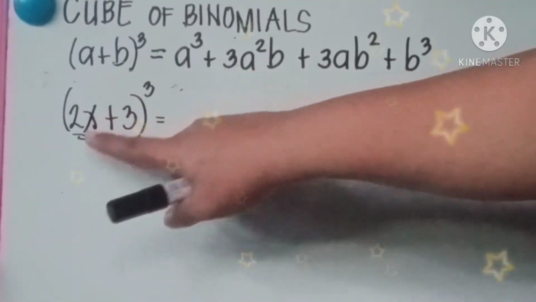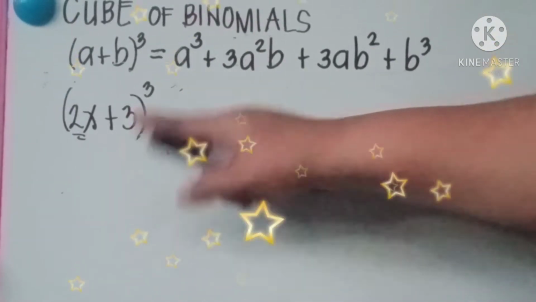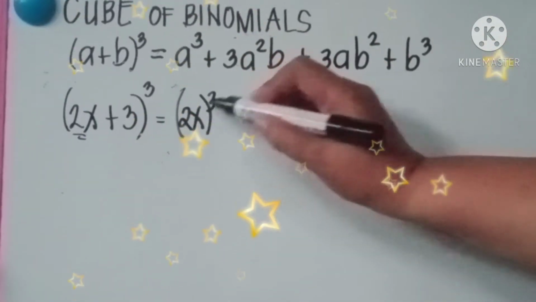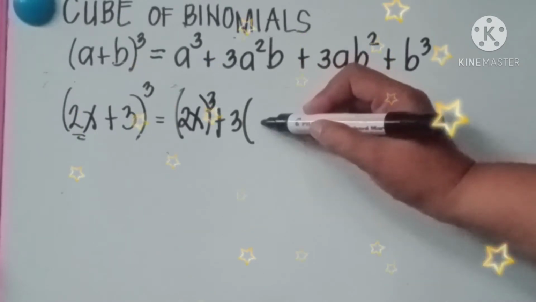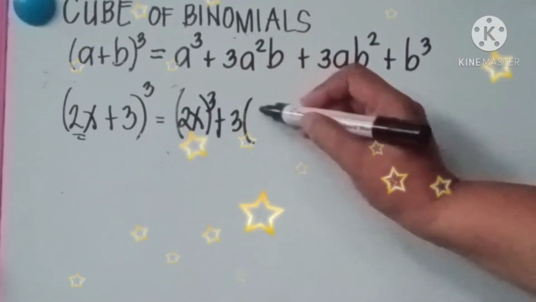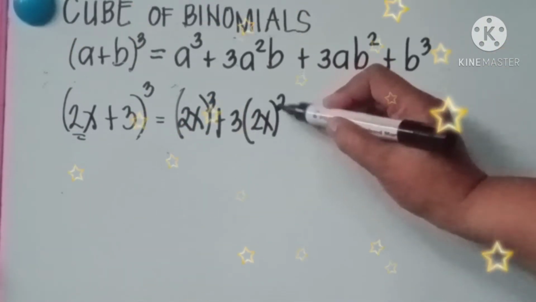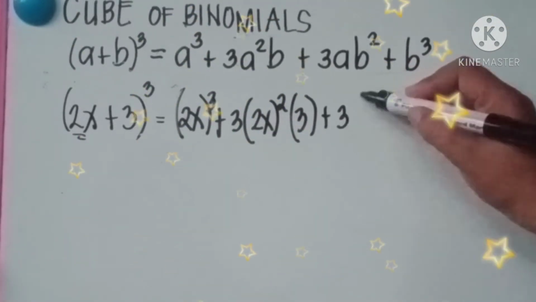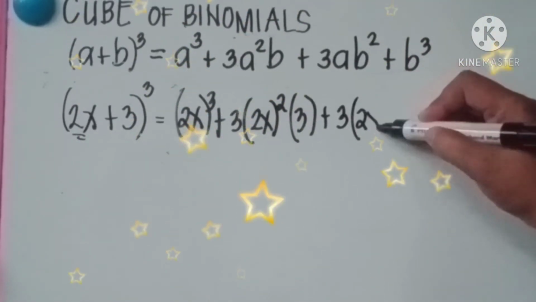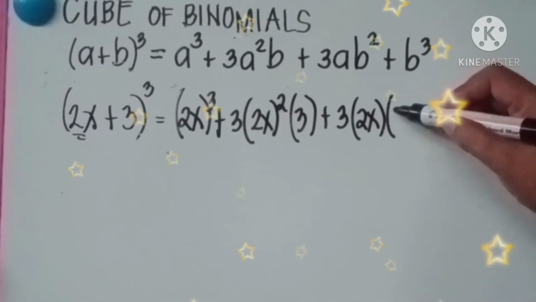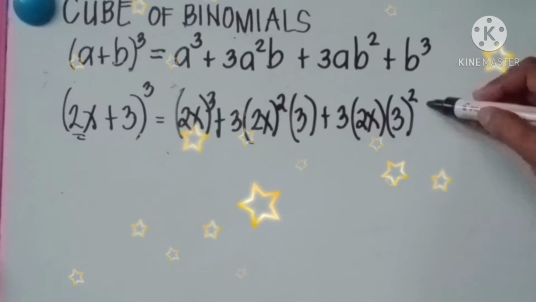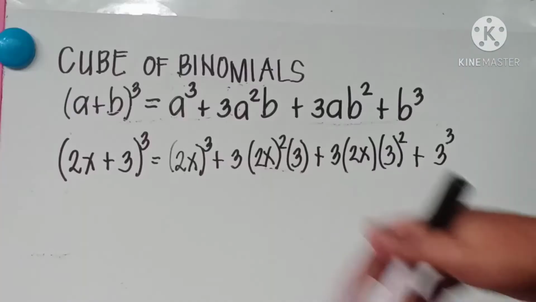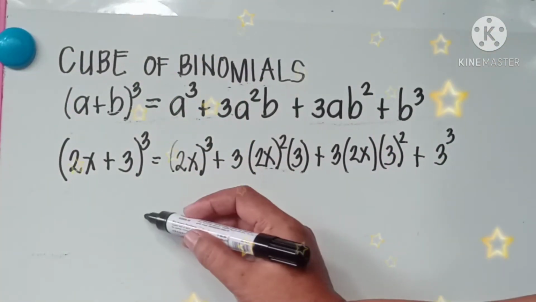Next is the cube of 2x plus 3. So this is equal to the cube of the first term plus 3 multiplied by a squared, or we have 2x squared times b, which is 3, plus 3 multiplied by a, which is 2x, then times b squared, so 3 squared, plus b is 3, so 3 cubed. The cube of 2x is equal to